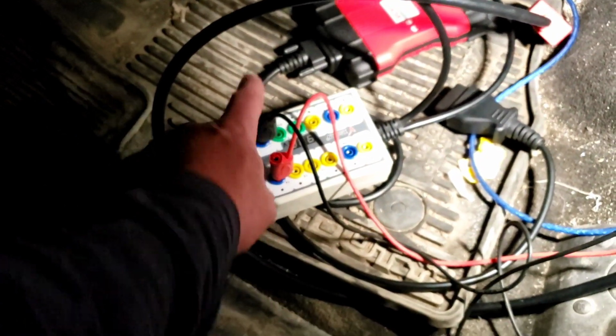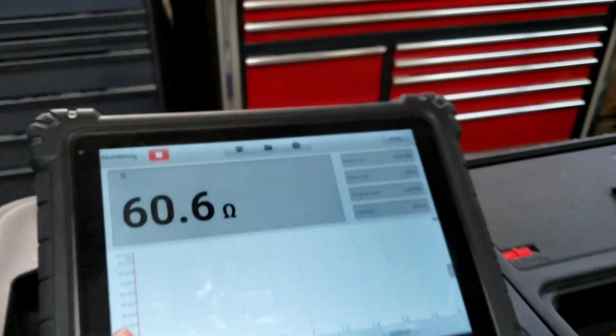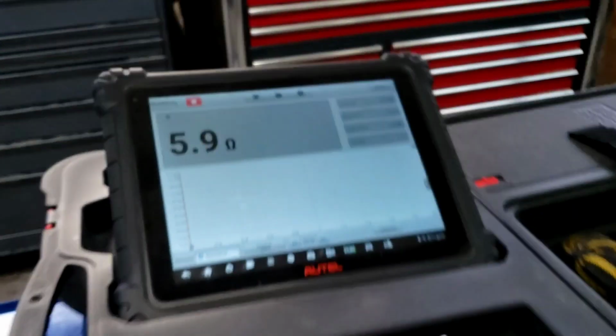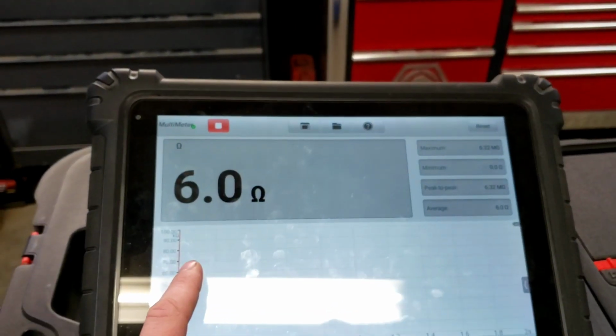6 and 14 should be getting 60 ohms. That's the high-speed bus. Now remember, we had no issues with the high-speed bus and we got 60 ohms. Right? Now let's do pins 3 and 11. Now we're on pins 3 and 11. We should still get 60 ohms, but we're not. We're getting 6 ohms,